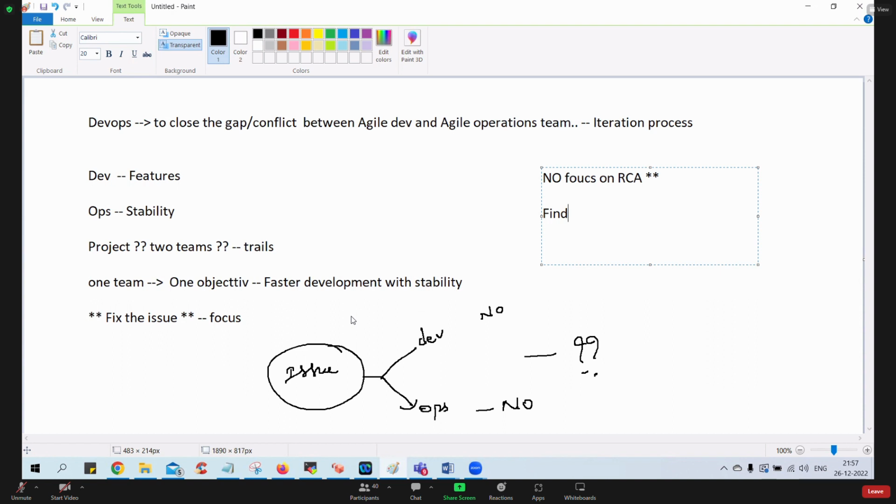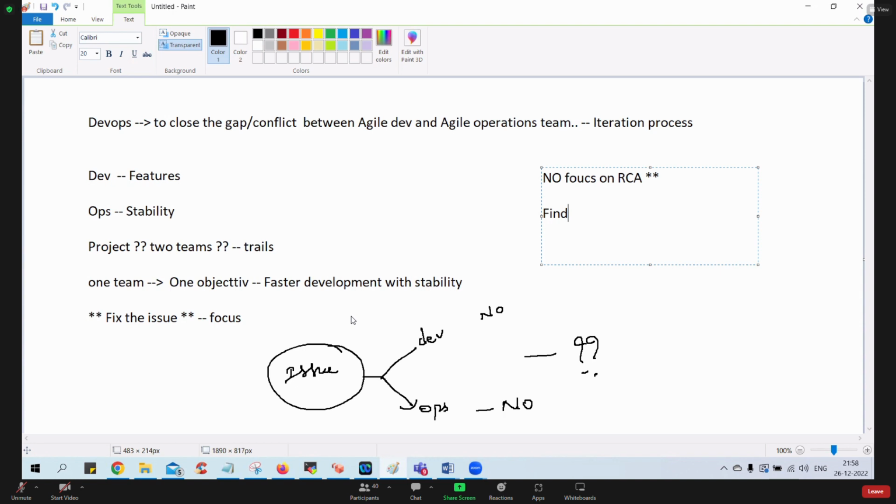If you find the issues, you understand the meaning of find, guys? We're not trying to do too much RCA or too much investigation or trying to prove ourselves there. So if you find a simple reason that, okay, this needs assistance from a DBA, we get the DBA on the call and get the problem fixed because we are all one team. So in a one team concept, they cannot say that this is not mine or this is not yours. Clear?